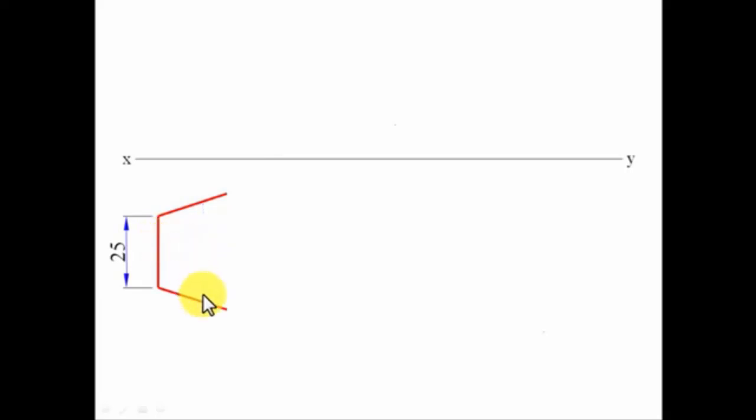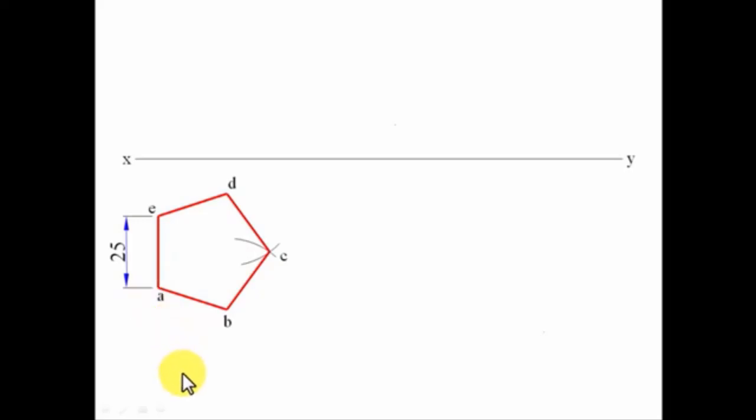Now, you need to have a compass, and in that compass you need to take a radius of 25 millimeters. Then with this point as the center, put an arc. With this point as the center, cut this arc. You will get an intersection point which has to be joined with these two corners, something of this sort. And let me name each and every corner: A, B, C, D, E. That's what you're going to get.